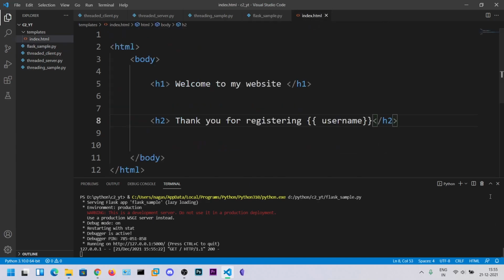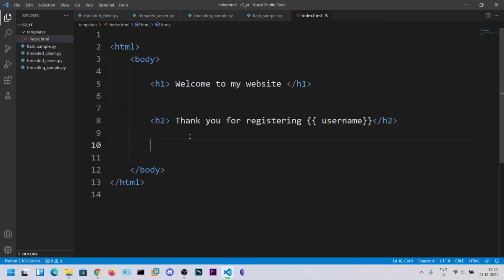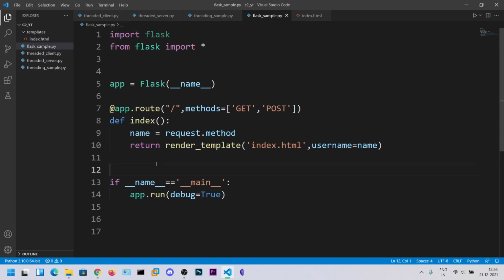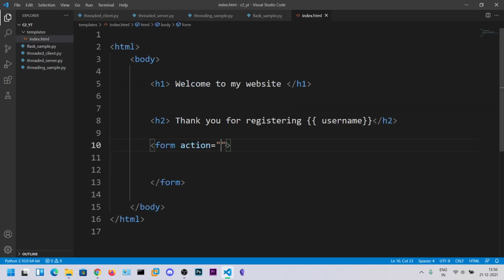Let's also see the form data for now. So let's say another form. In this form we are going to be submitting the value. We can say action is equal to, and we need to send this to another route.